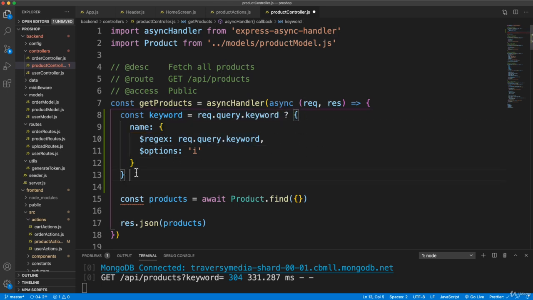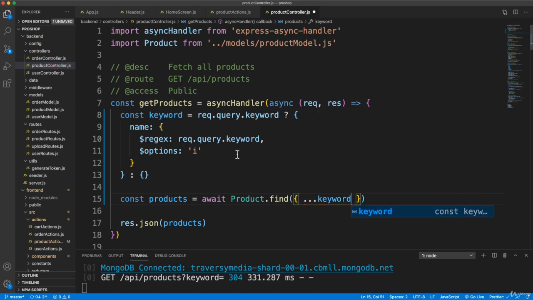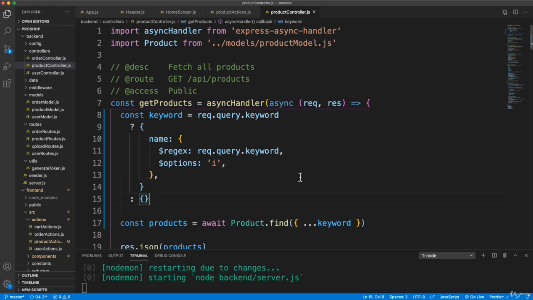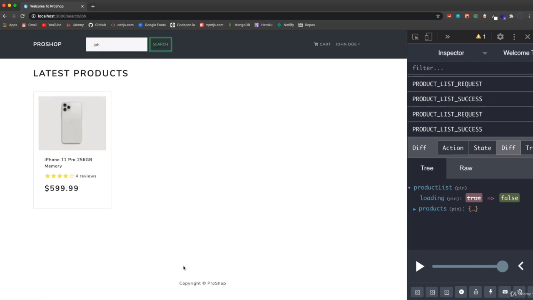Now that ends here, so we'll say else, if it doesn't exist, or if it's an empty string, then we're just going to use empty curly braces. And then here, we're just going to go ahead and spread keyword, which is this here. So it's either going to be empty or it's going to have the keyword in it that's going to match the name, or part of the name, I should say. So let's save that, and I think we should be all set. So we'll go back and let's just type in IPH and search,